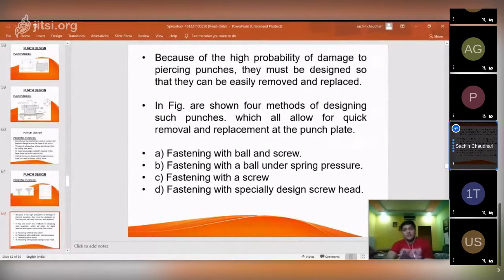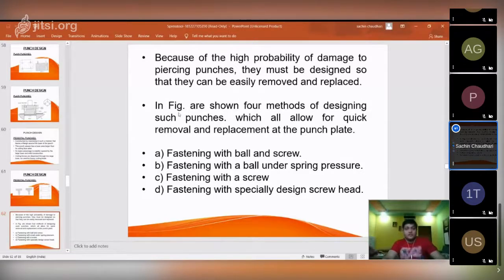Because of the high probability of damage to piercing punches, they must be designed so that they can be easily removed, and another punch can be easily replaced, only with the help of manual operation. The operator can remove the punch easily if it gets damaged or cracks happen, so it can be easily removed by hand, and another punch is fitted directly to the punch holder.